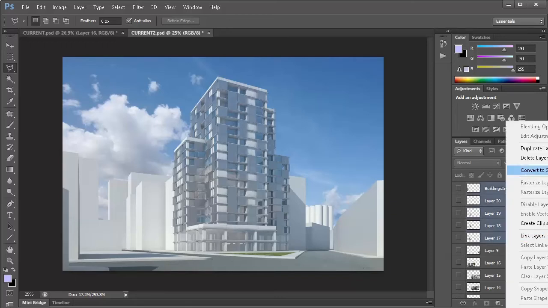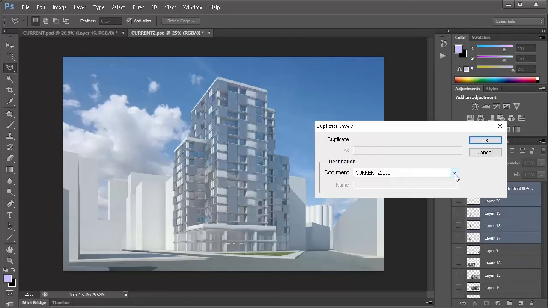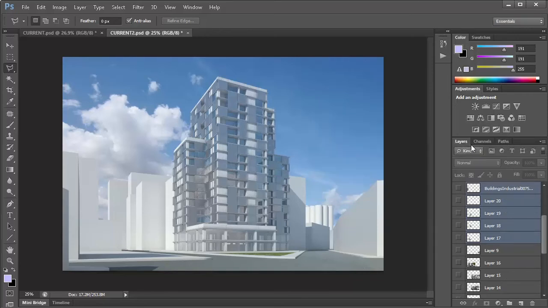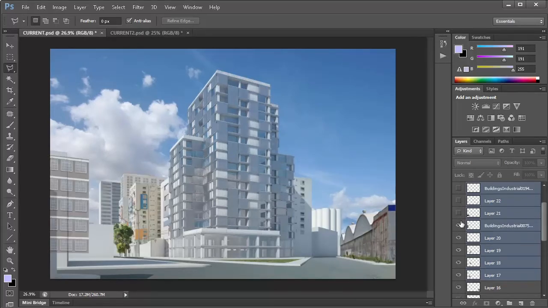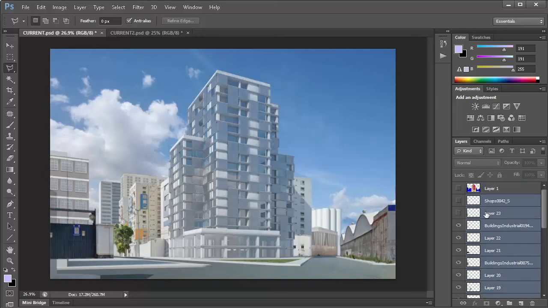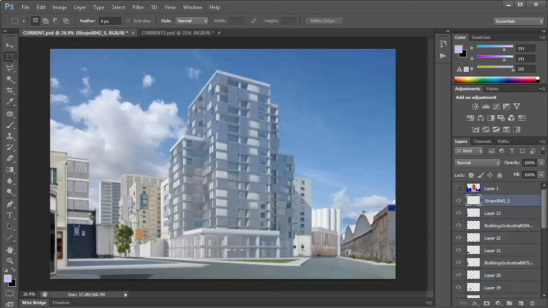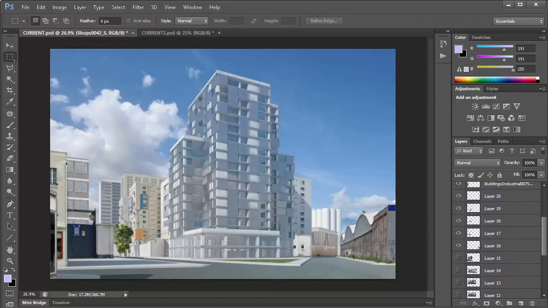So I'm just going to put all of these into our current file. And after you laboriously go through each and every building, it might look something like this. And they're all at the moment 100% opaque, and they're not blended very carefully.